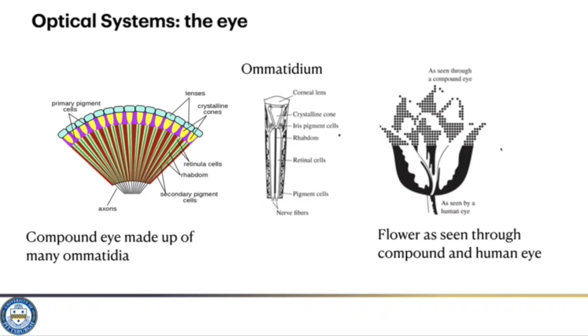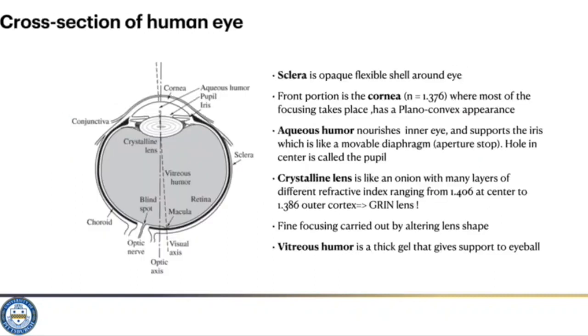So having covered the compound eye, let me move on to the human eye. Here's a cross section of the human eye. We'll start with the outermost layer of the eye. The eye is a nearly spherical structure, and the outermost shell of the structure is called the sclera, which is an opaque, flexible and tough shell that surrounds the eye. The front portion of this eyeball is the cornea. The cornea has a refractive index of 1.376,